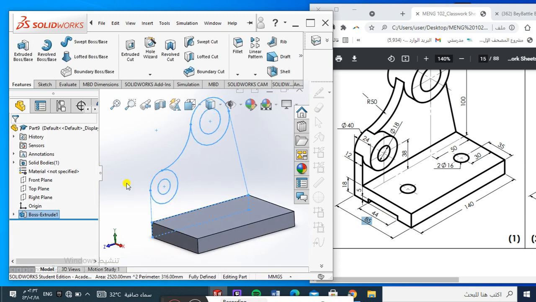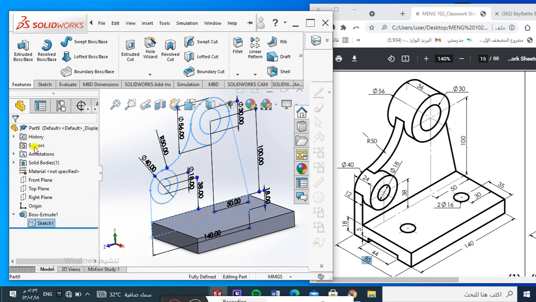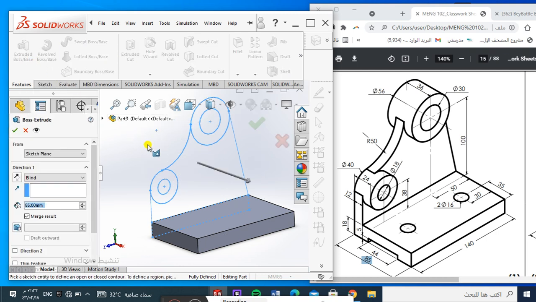Okay, now if you click anywhere here, our drawing will be hidden. So how can I make an extrude? What happened here? Don't panic, very easy. As we said before, go to the last extrude, click on the arrow, then click on the sketch, then go to extrude,